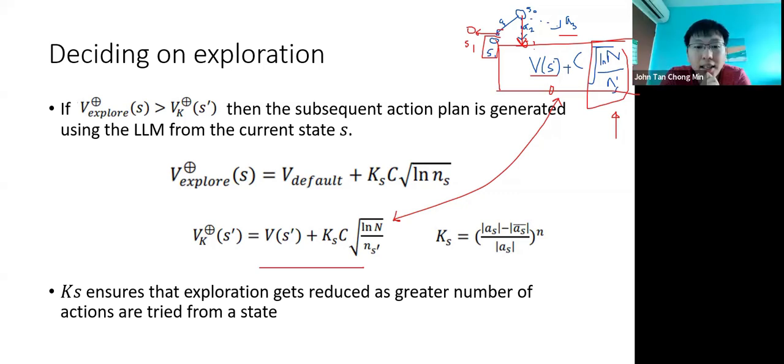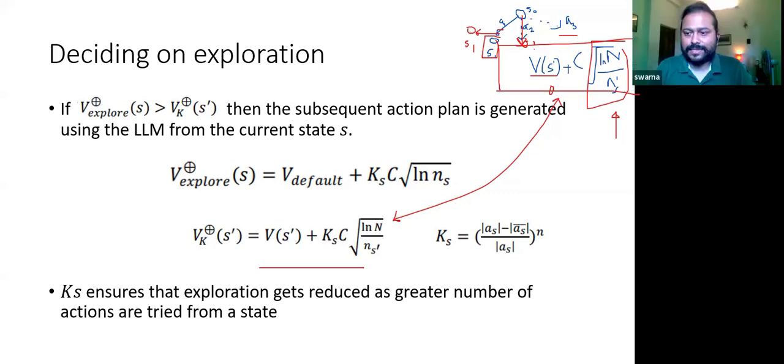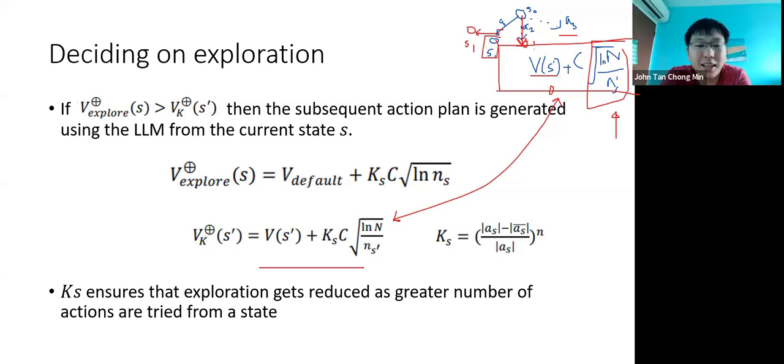Okay, I get you. So for those nodes under A2 and A3 in my graph, you use this VExplore plus term to decide whether to explore them, and for nodes that you have already explored, you use this VK plus. Yeah, right. What I'm saying is that I think your VK plus can also be used for the unexplored nodes. All you need to do is use the same equation for them.